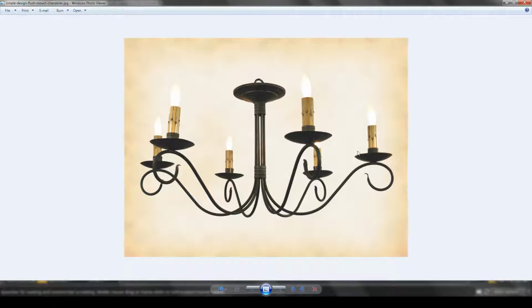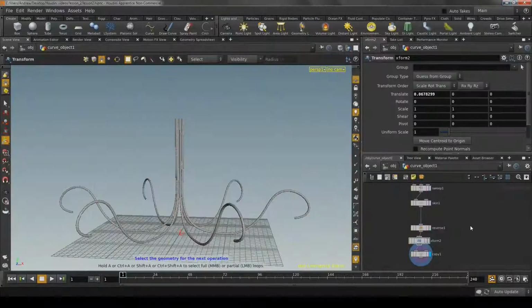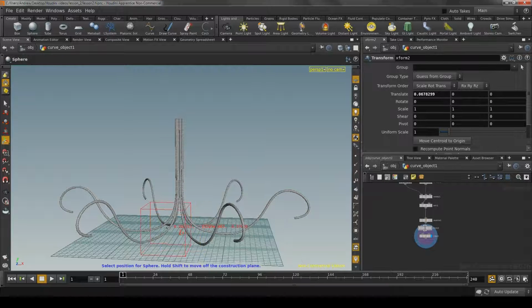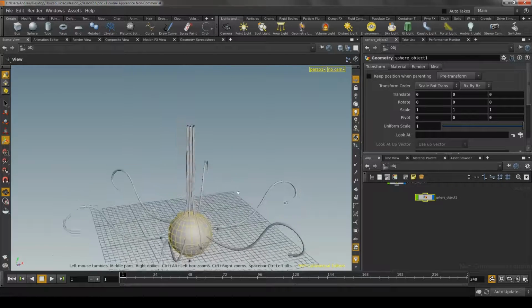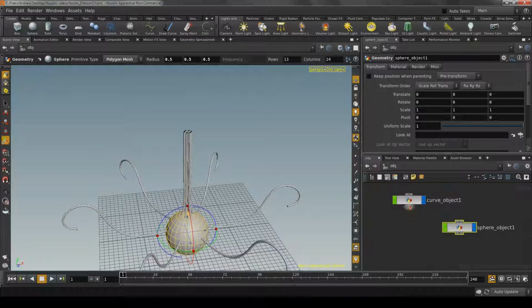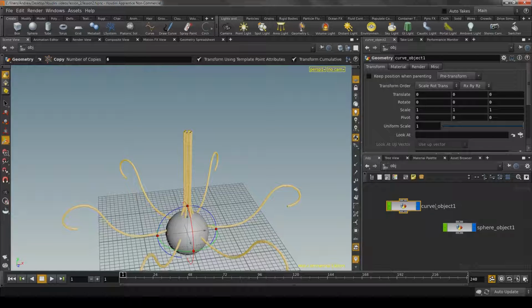Lucky for us, this bowl shape is really simple. It looks like just the bottom part of a sphere, so we're just going to use the bottom part of a sphere. Now, if you start this by just clicking the sphere button up here in the shelf tools, it's not really going to give you what you want. So if we drop a sphere in, we can see it took us back to the scene view. And now we have our curve object, which doesn't really resemble a curve anymore, so let's just call it